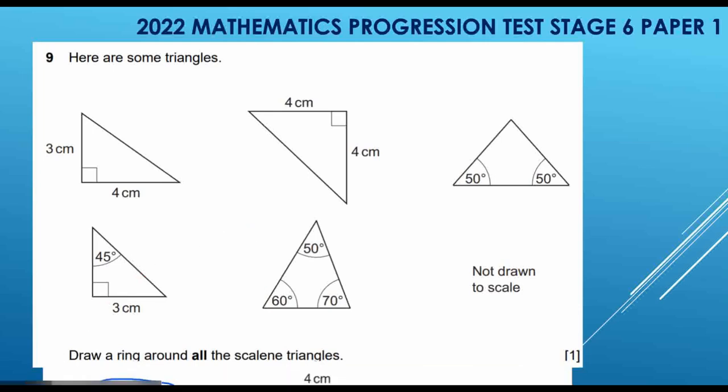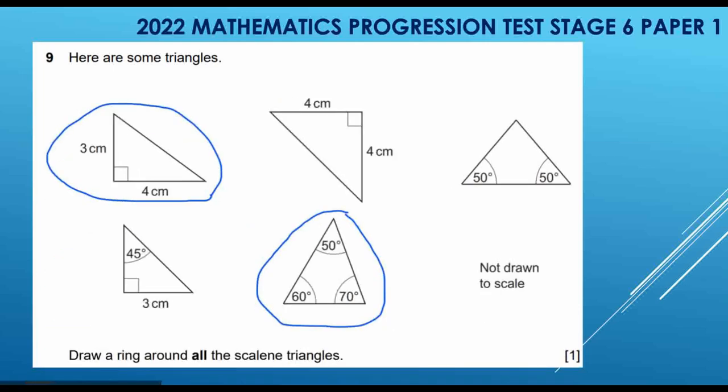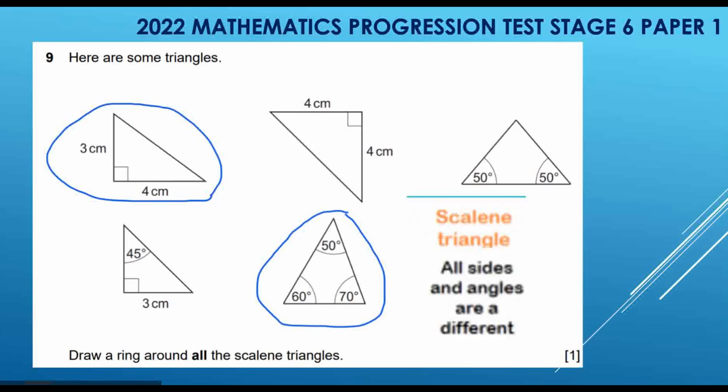So let's see the answer. 1, 2. This triangle and this triangle. Here is the explanation. Scalene triangle means all sides and angles are different. So 3, 4. This must be more than 3 and 4. If this is a right angle, this is 5, and all the angles are